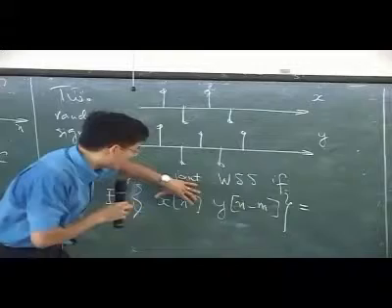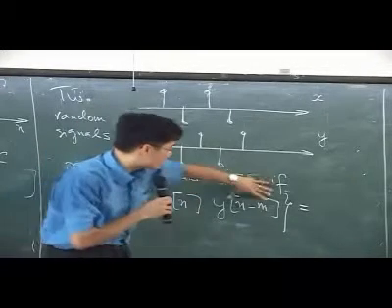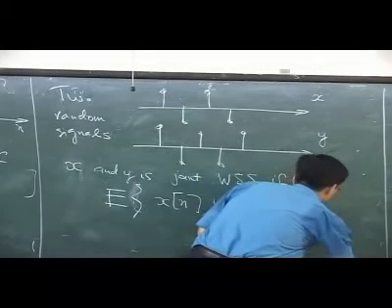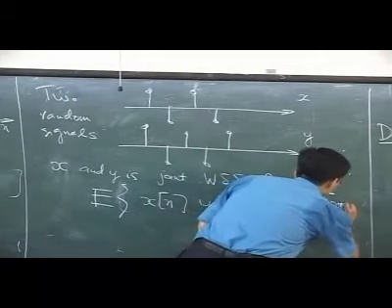Taking this, I have a random variable that depends on n and another random variable that depends on n minus m, and this thing now is only a function of x, y, so some function, but it only depends